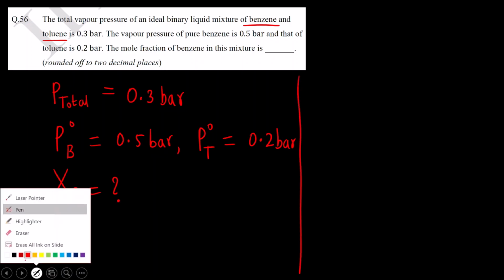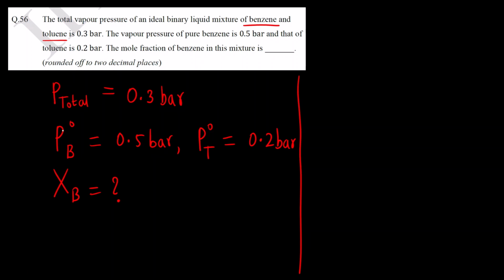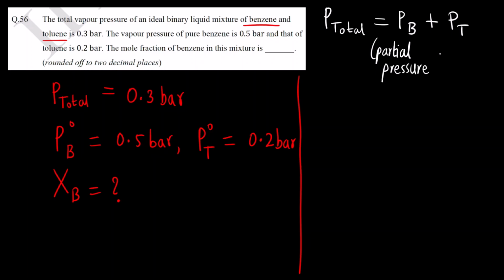Now let us understand what formulas we have to use. First, the total pressure is given. What is the formula for that? Partial pressure of benzene plus partial pressure of toluene. P stands for the partial pressure of any component. So first we have to calculate both of these. Now, according to Raoult's law,